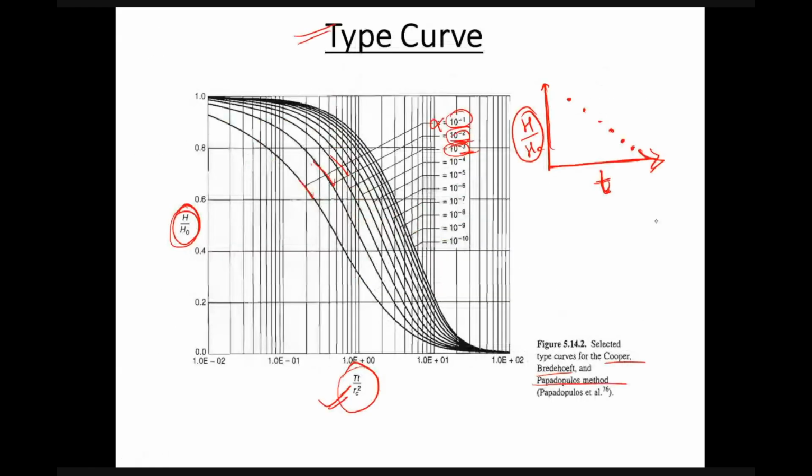Now what will we do, as we have done in previous methods, we will move this plot over this type curve. Then we will see where it fits very well. Let's say on this curve it is the best fit, here it is the best fit. So we have determined the value of alpha from this. If we see this curve, it is 10 to the power of -2. So from here we have gotten the value of alpha.